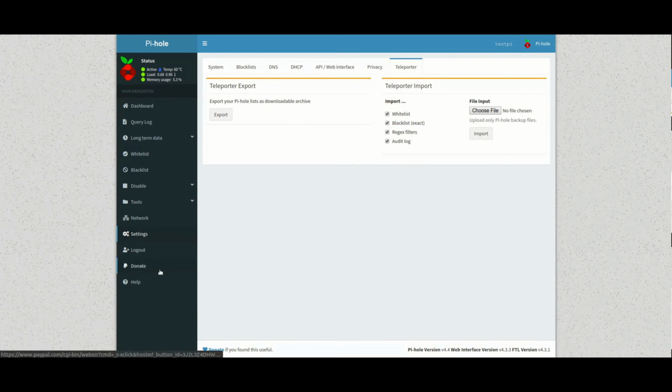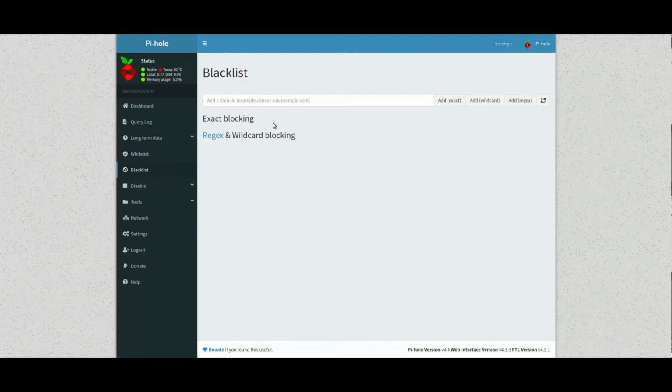But that's basically it. So that's Pi-hole in a nutshell. Again, extremely useful for a few things, not only blocking ads, but also the ability to block any domain that you wish by going to this blacklist here and removing, like Facebook, for instance. You can also do wildcards and regexes. So lots of cool things in Pi-hole for you to look at. I highly encourage you to try it out, and that will be the end of this video.